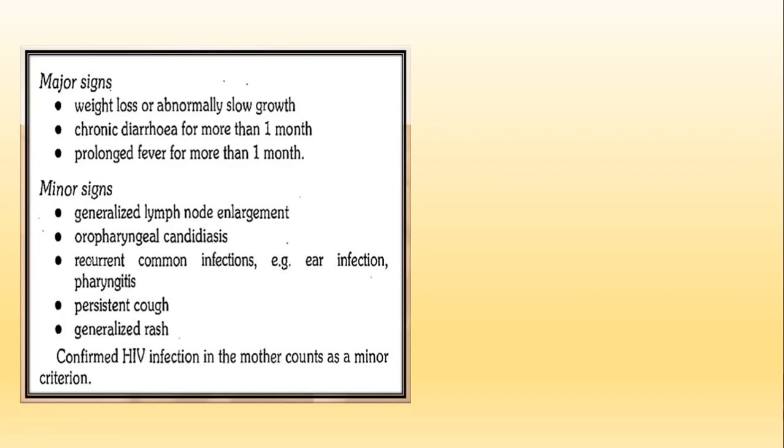Now the major signs and symptoms are mainly weight loss, diarrhea and fever. These are actually due to infection by other germs, say Mycobacterium and Toxoplasma. When these germs infect the body, the symptoms can be of different types. Some minor symptoms include lymph node enlargement. Lymph node is one of the immune organs, which stores lymphocytes. So here it is affecting lymphocytes, and you can see its enlargement.